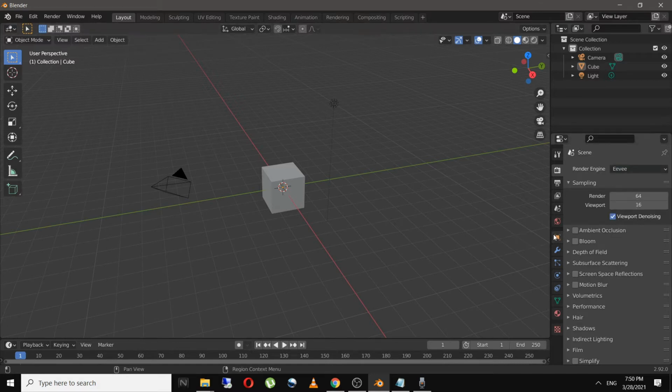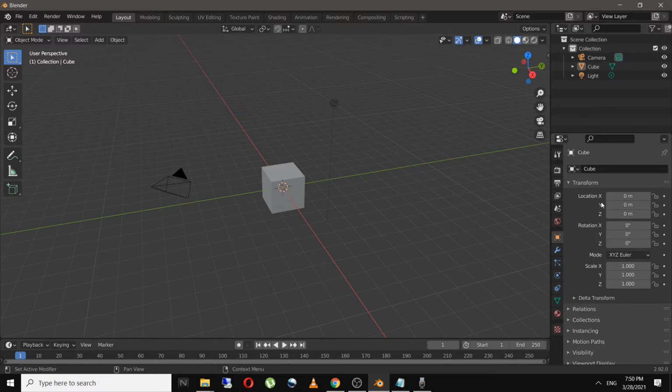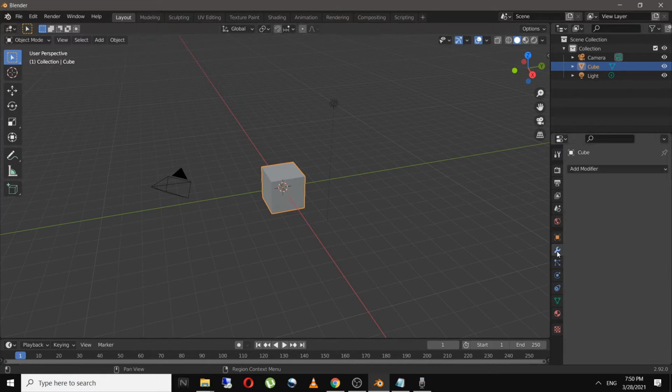And if we go into object properties, we can see all the properties of our object, for example the cube over here, and we can see the location, the rotation, and the scale of our object. Then we have modifiers over here. As the name suggests, we can modify an object in Blender.